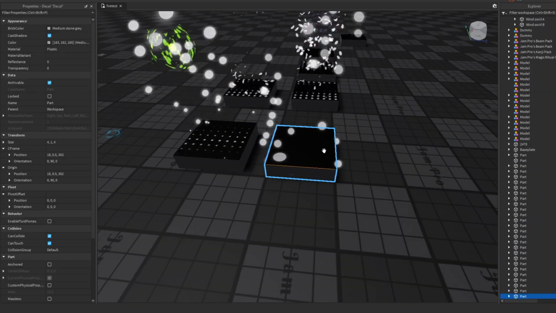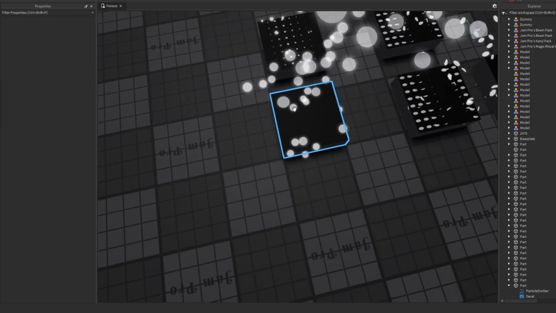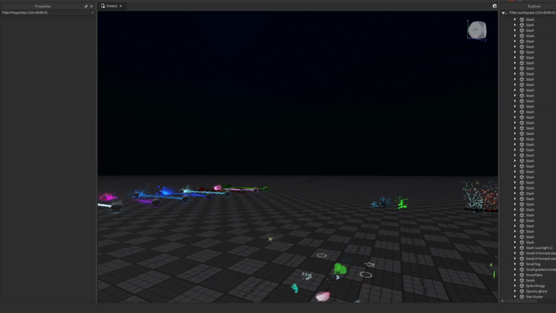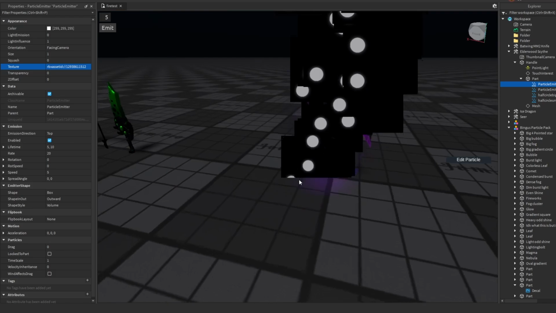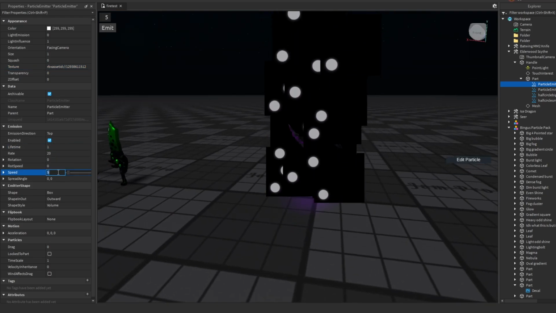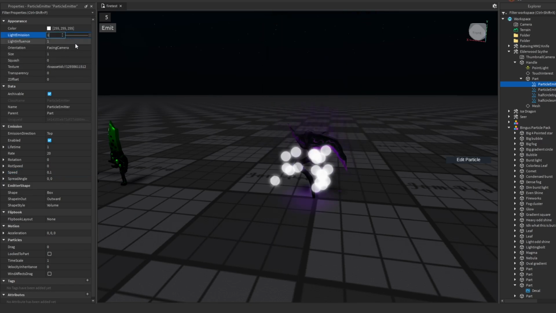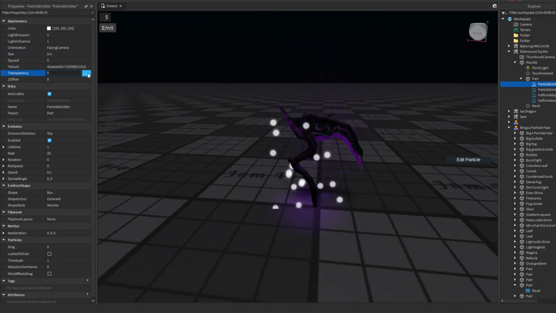I'm gonna add something like this to it, which is just a texture that's off-centered so it can kind of spin in a pattern. So I'm gonna go back to my knife and I'm gonna insert a part. Okay, now that we have this, I'm gonna bring the lifetime way down, speed almost to 0, light emission up. I'm gonna bring the size down as well. And so the cool thing about this is